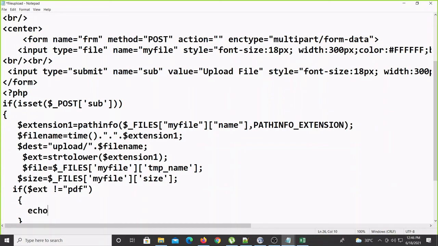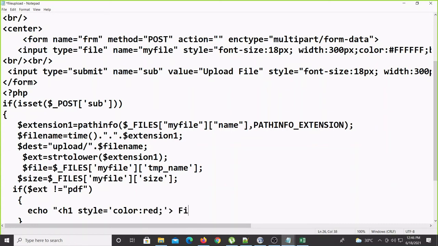If it is not PDF, then we'll display a message. Anything we can display here, h1 style equal to color colon red.